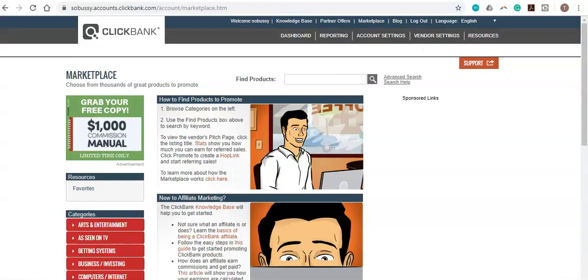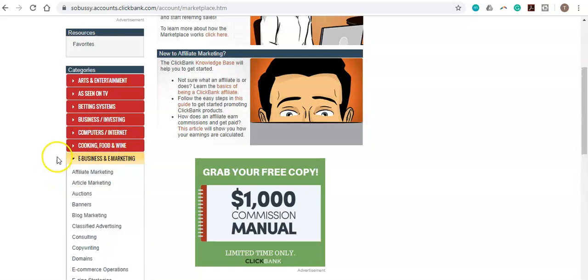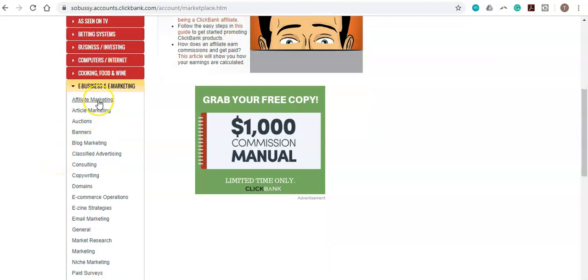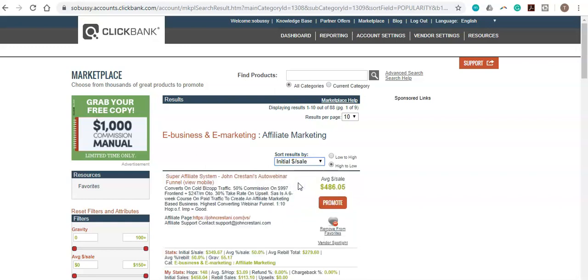So once you have logged in to your ClickBank account, head over to Marketplace to find a product that you want to promote. So as you can see, there are plenty of categories, but this time I'm going to focus on e-business and marketing, and I'm going to click on affiliate marketing. I already have a product in mind that I want to promote, so I'm going to click that, and I'm going to sort by initial sale,